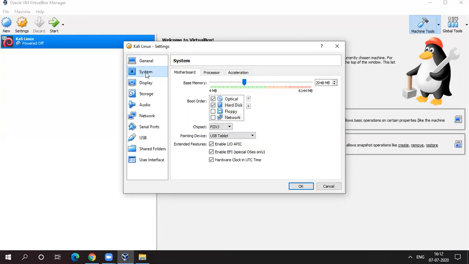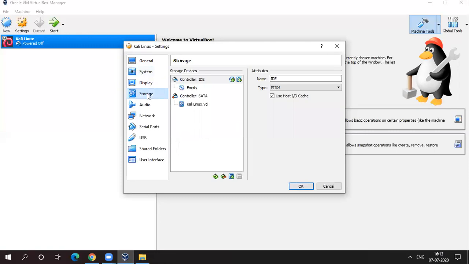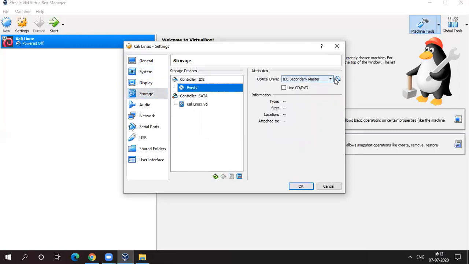Then now we need to add the image of Kali Linux. For the installation process, at this step choose the option for the optical disk file, then go to the image location. For that we need to go to storage, then empty. Then here we have to choose our Kali Linux 2019 AMD64 ISO. Okay, so now it's okay. Now you can see that Kali appears here, right?